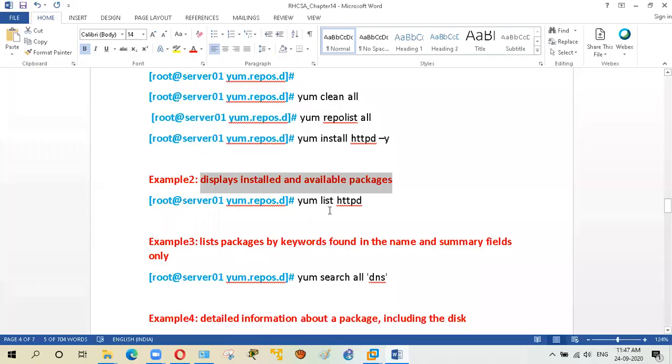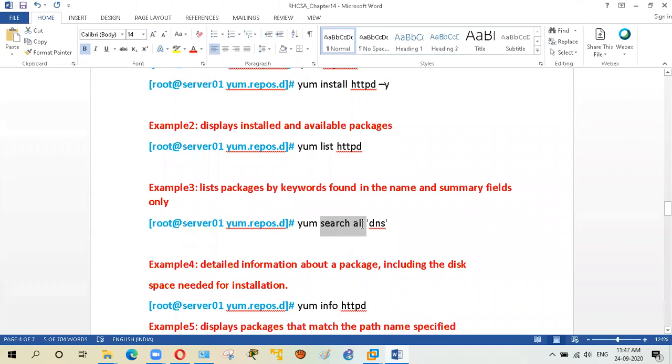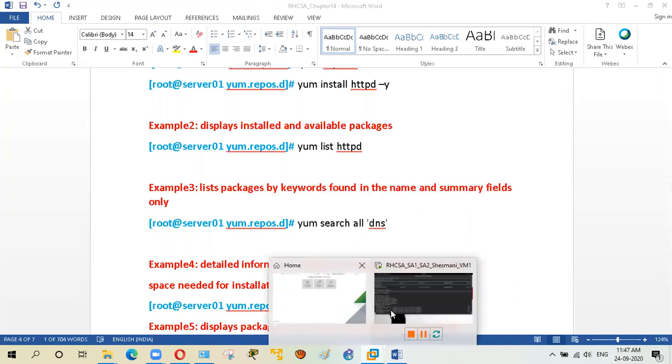And what is the other command? This is the command. Suppose you don't know the package name of the DNS. How can I find the name of the package? I know just the DNS, just the web server, but we don't know the name of the package. How can I find and search this? By using this particular command, we can search the name of the package. So how can I search this?